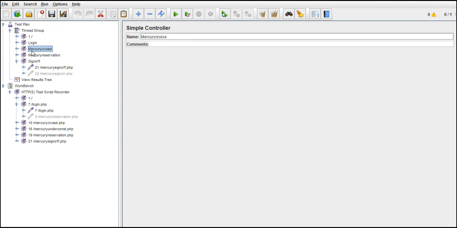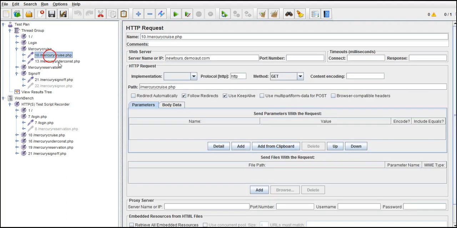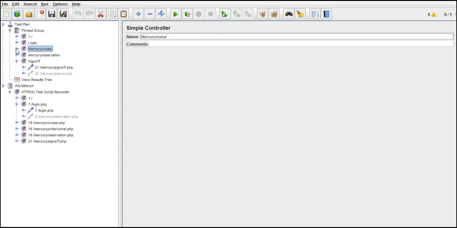The definition of simple controller says it consists of a set of requests. Open it and there are two requests here. That's what simple controller means. Without noticing, we have been working with simple controller for the last few lectures, but we didn't talk about the word.